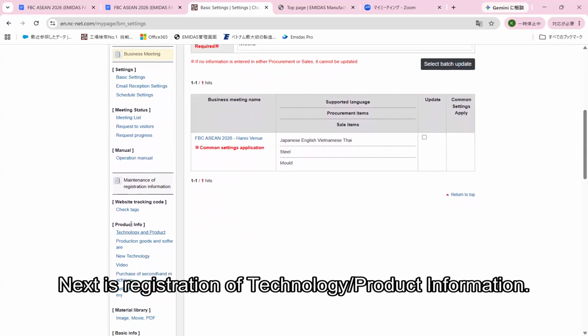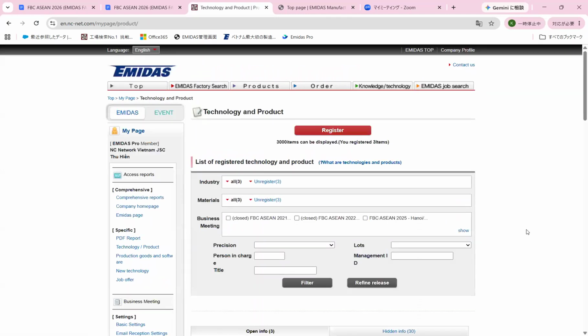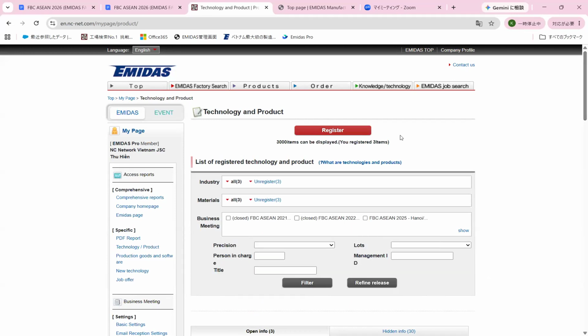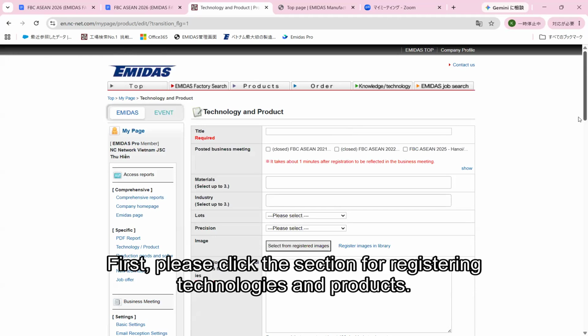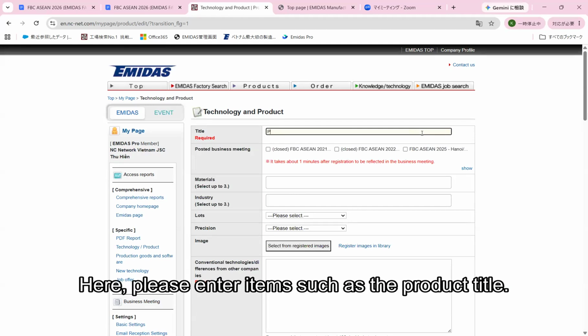Next is registration of technology product information. On the actual screen, this means registering products and technologies under the Technology Product Information section. First, please click the section for registering technologies and products. Here, please enter items such as the product title,